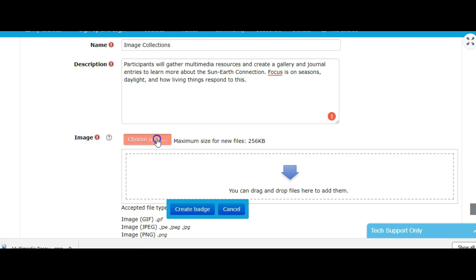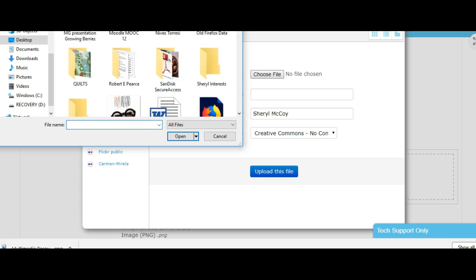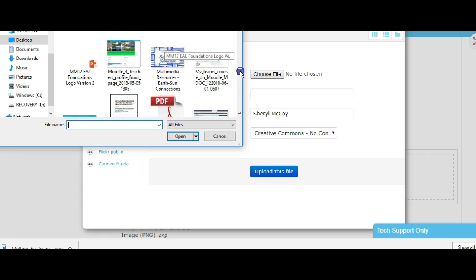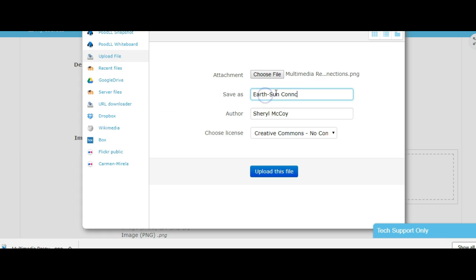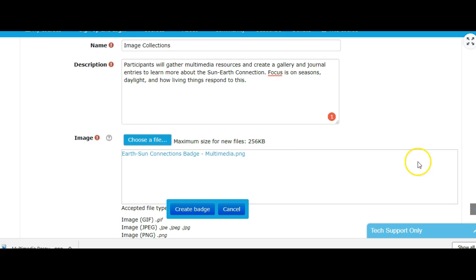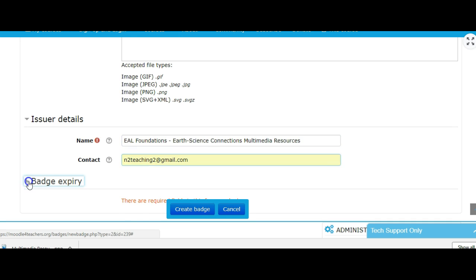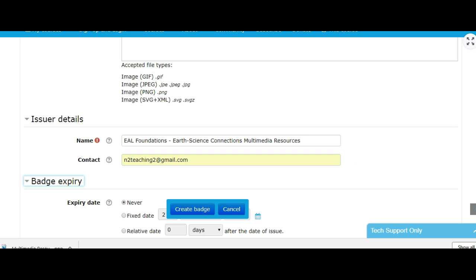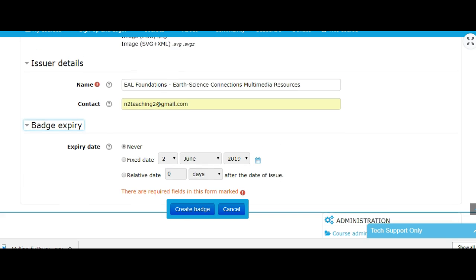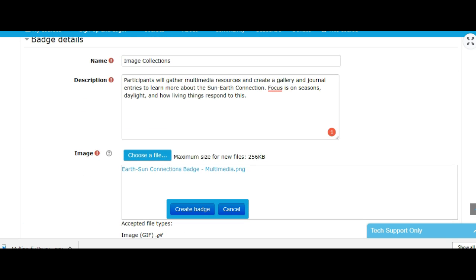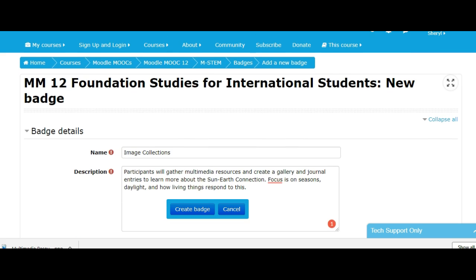I will choose a file, upload a file from my desktop, go to my pictures. There it is. Save as connections, badge, multimedia. Upload this file. There it is. Available for teachers. EAL Foundations. Earth Science Connection. Contact me. Sounds good to me. Just make sure I've got everything else completed. There must be something. So I'm ready to